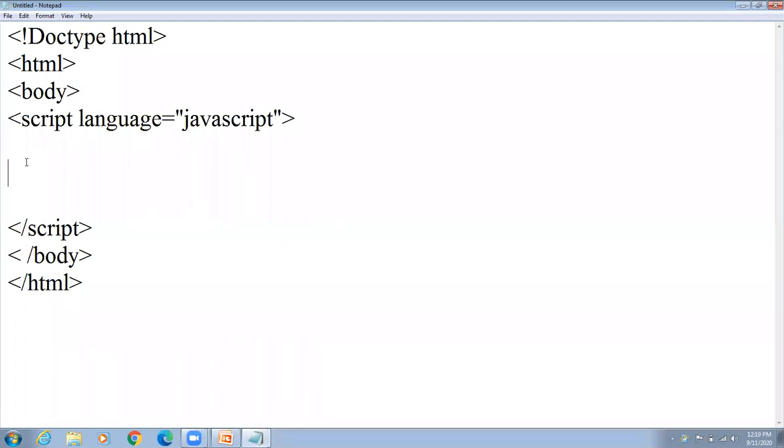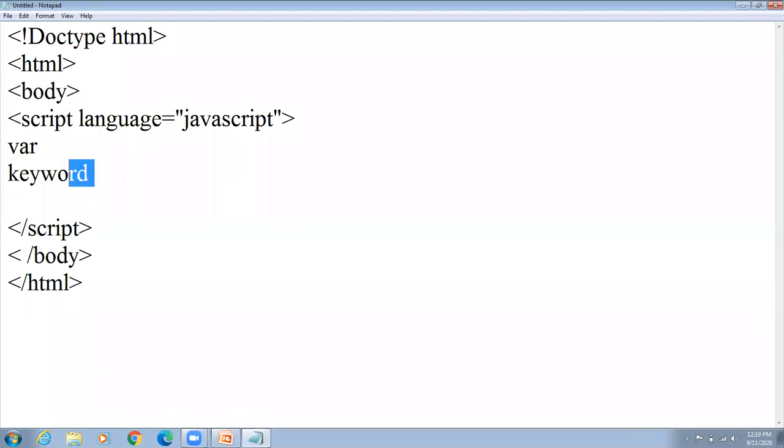Now, how to declare a variable in JavaScript? Variable means what? It stores values in a memory location. Some value is going to be stored in a memory location. That is called a variable. So how to write the variable? Use var. Variables are declared in JavaScript by the var keyword. This is called a keyword. What do you mean by keyword? Keyword means whose definition is already known to the compiler. That is called a keyword.